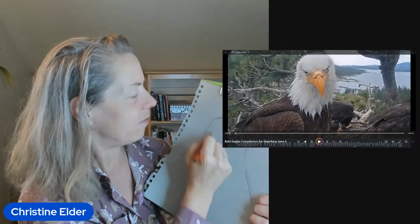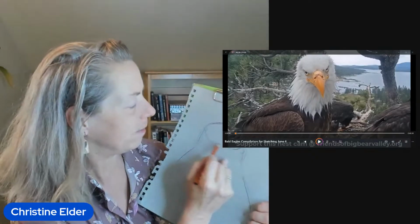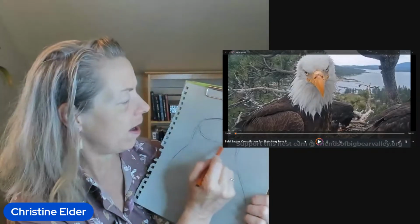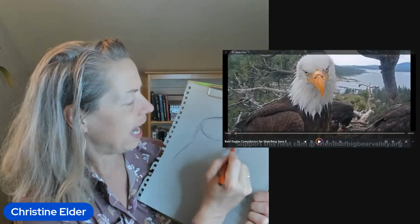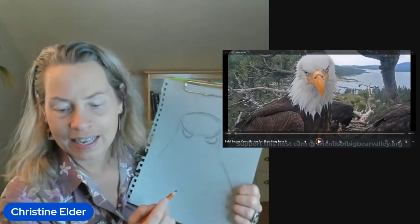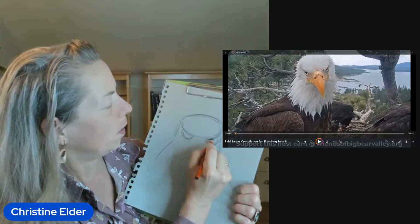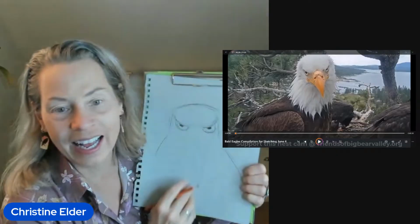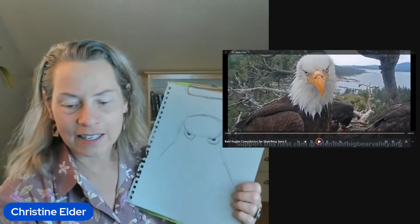Now these guys have really strong sort of Neanderthal eyebrows above their eyes. So there's a strong brow ridge, so I would put that in. And then noticing the eye, and I can see a bit of a pupil, and kind of like that. And then we've got that really strong bill, and